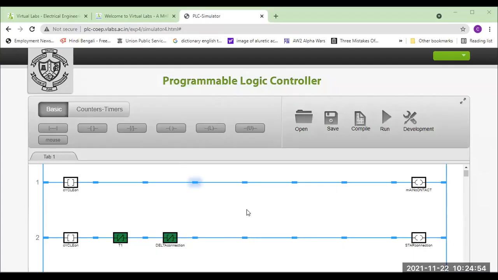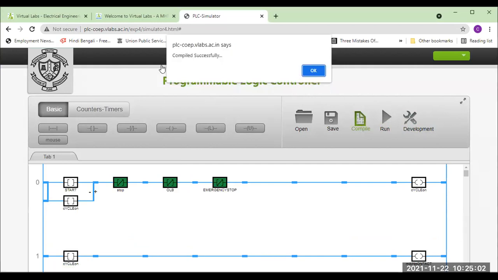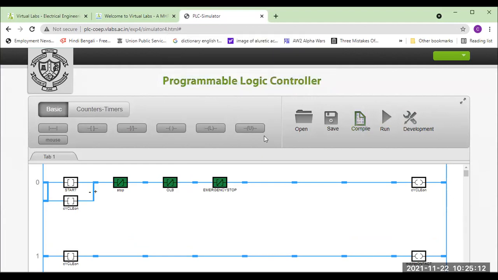Welcome to the second period. And guys, you can see this program. Now we go for the compilation, because yes, compilation is successful, but we have to thoroughly check whether any notification is mismatched. Then it will not run. But we have to check. Look, now click on the run button.